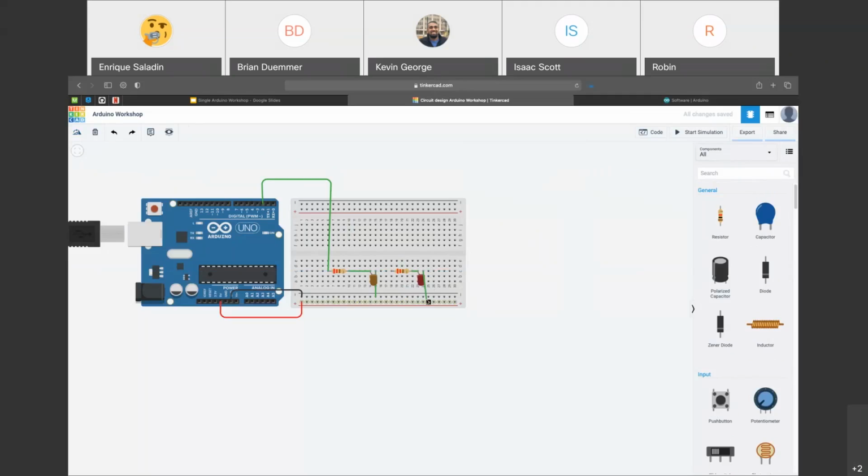Put this to ground. And this time, instead of pin 2, I'm going to put this in pin 3. So I put another LED on our digital pin 3. So if we go back to the code,